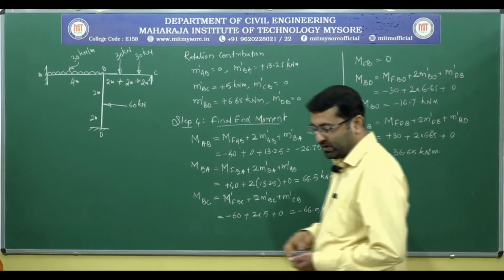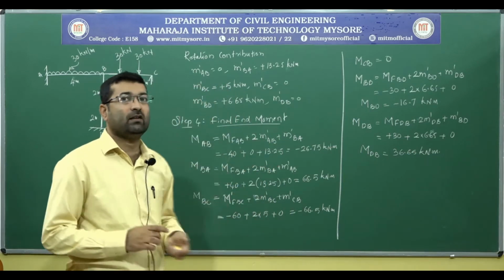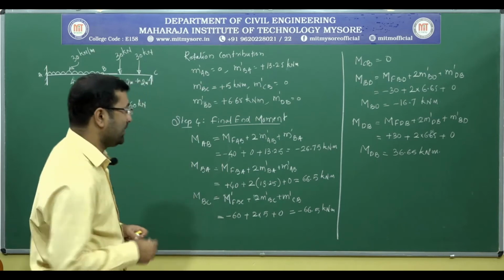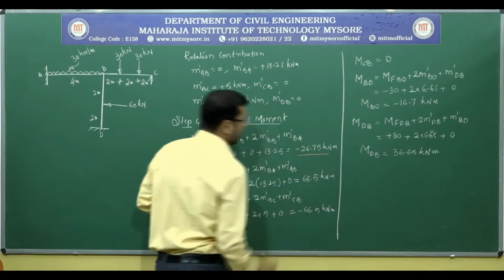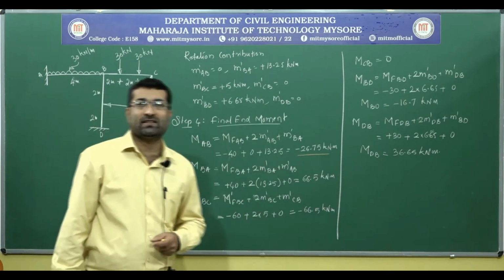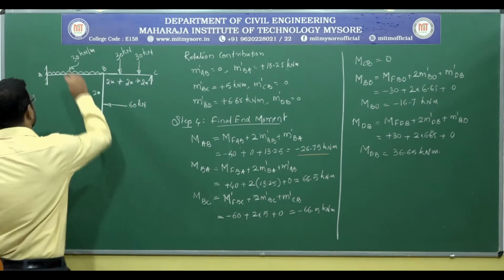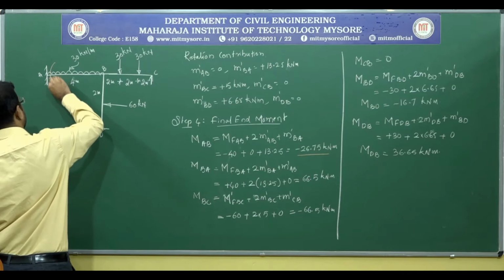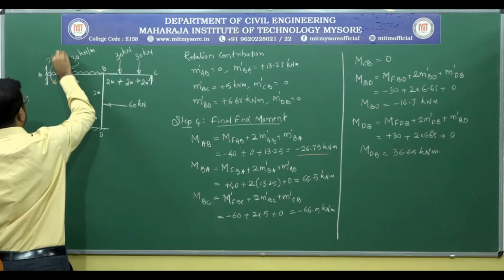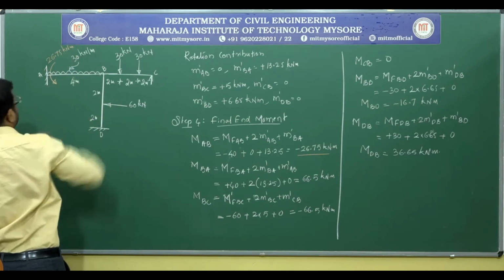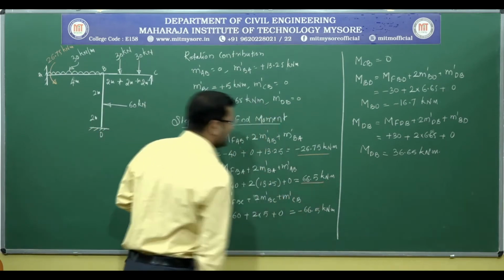Once we estimate the final end moments, our next duty is to represent these end moments in the loading diagram. Starting with MAB, as per our calculation, MAB is minus 26.75. Minus indicates it is an anticlockwise moment, so here I am going to represent it as an anticlockwise moment, with a magnitude of 26.75 kilonewton meter. And MBA, as per our calculation,